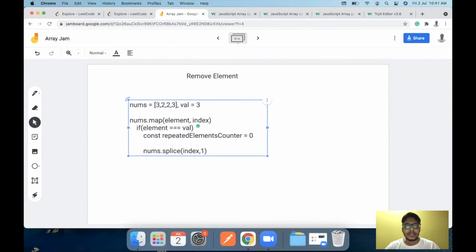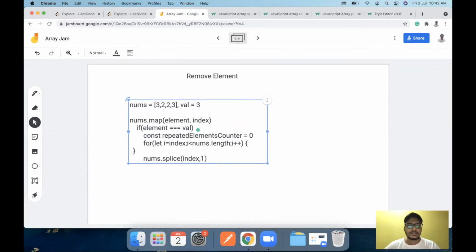Then we go with a for loop with, let's say, i is equal to 0. No, I should start from the index value. We don't need to start from the start of the array because we know that operations are there. At the current iteration, when the i is at the current index, we run it till the nums.length and we increment the values.